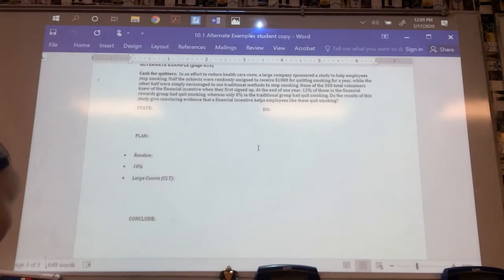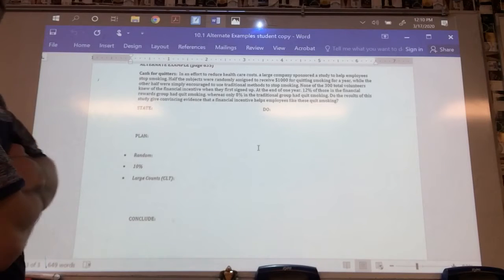None of the 300 volunteers knew of the financial incentive when they first signed up. At the end of 1 year, 12% of those in the financial rewards group had quit smoking, while 8% in the traditional group had quit smoking. The results of this study give convincing evidence that financial incentives help employees like these quit smoking. All right, so here we go. We're going to state,